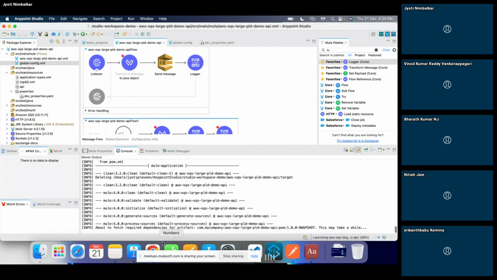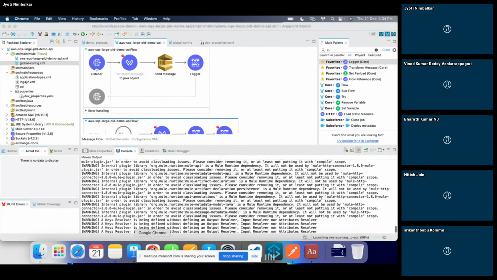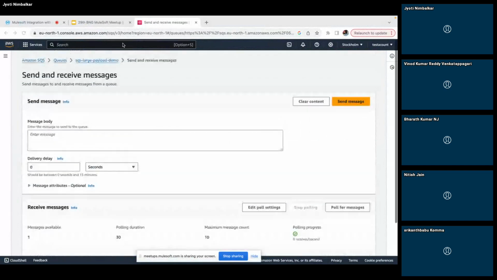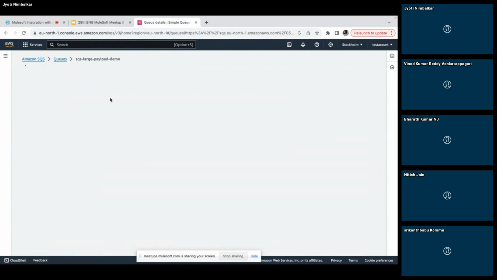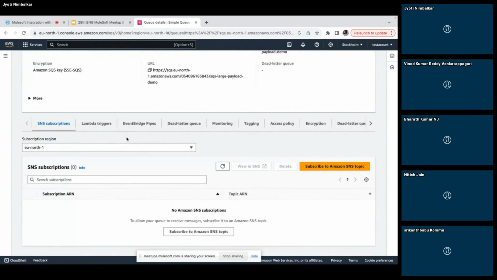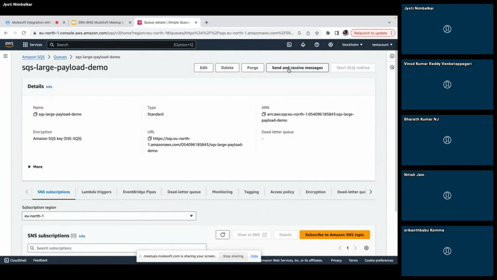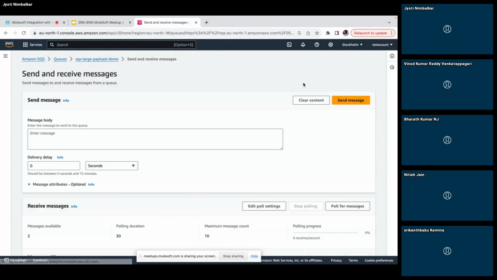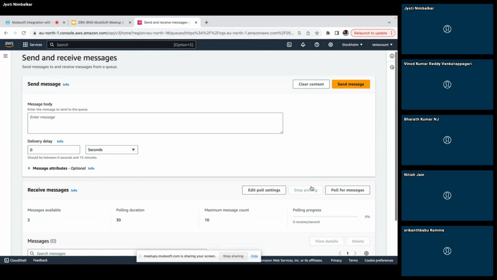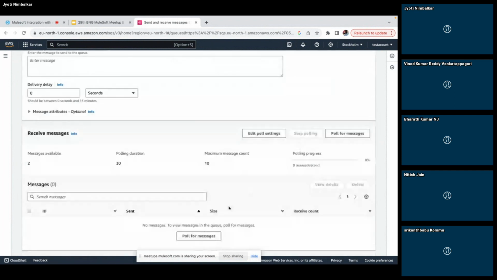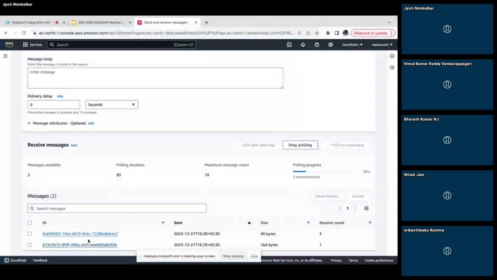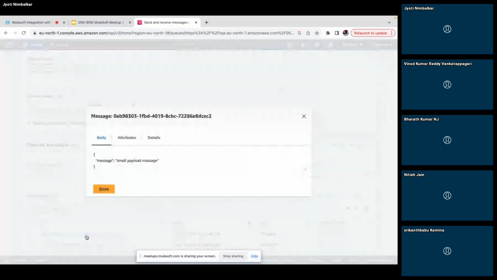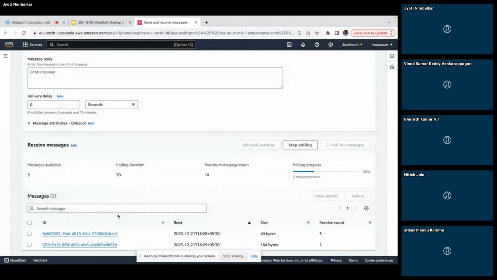Since we have already pushed one large payload, we'll see the same over here. Pull recent messages. This is the first message that I posted, which is not subscribed yet.